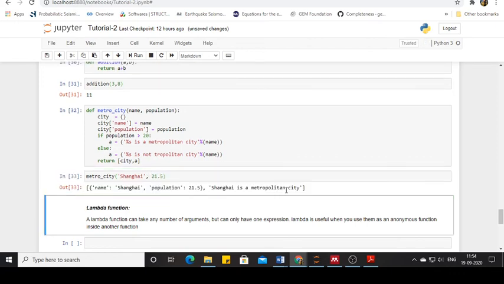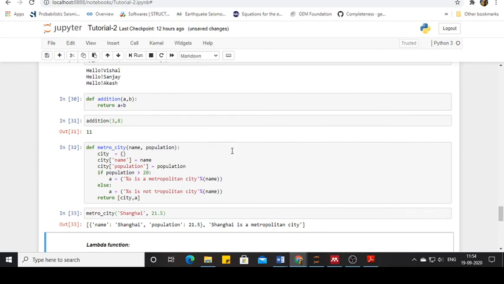So as you can see here, it says that Shanghai is a metropolitan city. So let me explain how this define function actually worked. First we define a function, or a program, wherein we categorize whether a given city is a metropolitan city or not depending on its population. This function can be called at any time depending upon the kind of city that we are